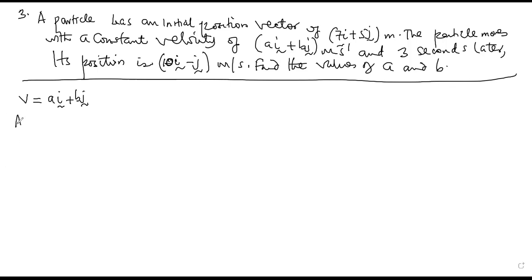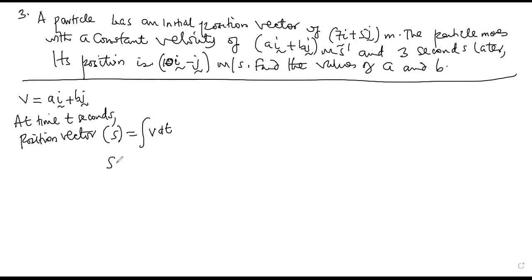Implying that at time t seconds, the position vector, let me call it position vector S, will be equal to the integral of velocity. Like we've been using R, but now we're using S. So S will be equal to the integral of ai plus bj dt,